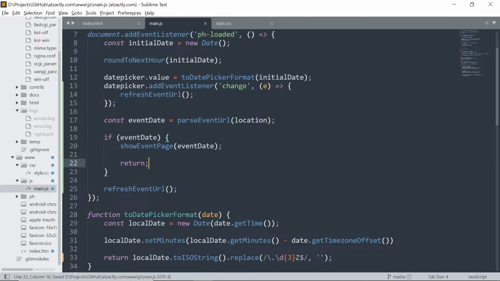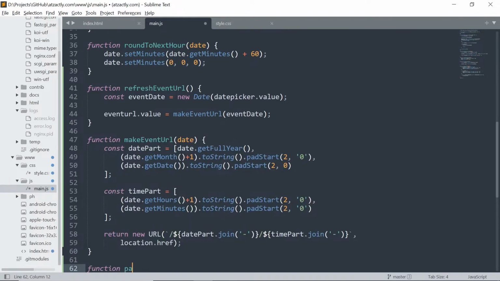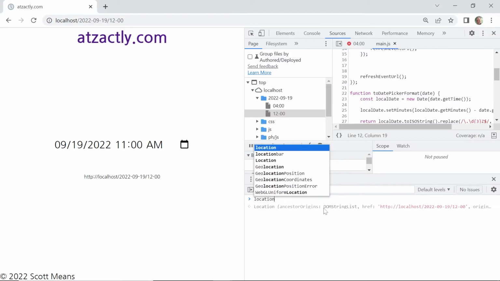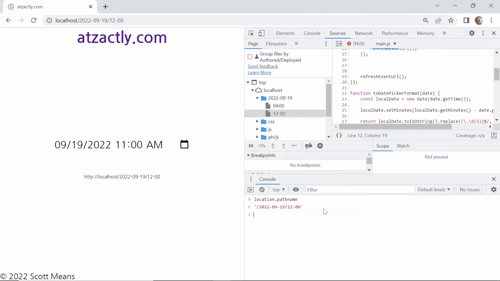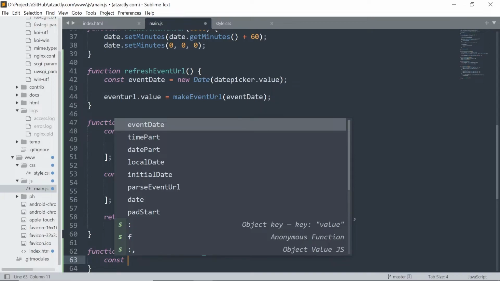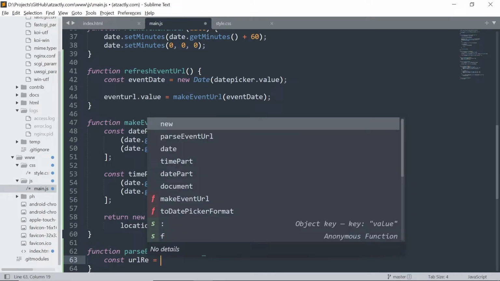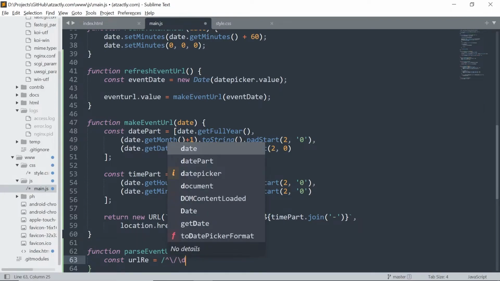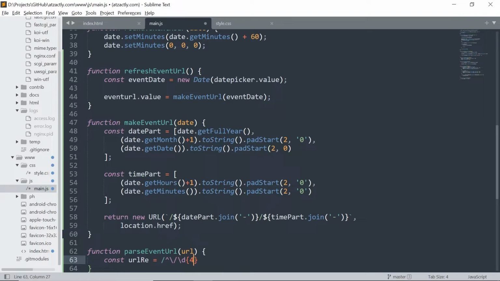So now we need to make a new function called parse event URL. We got a URL here, and I think it's path, right? So let's see. Path name. All right. So now let's make a regex. It's going to be a slash followed by, actually, slash followed by 4 digits. This is one where I actually should use